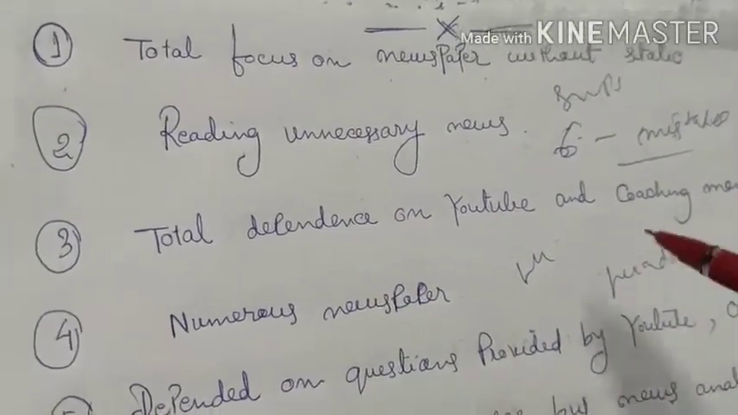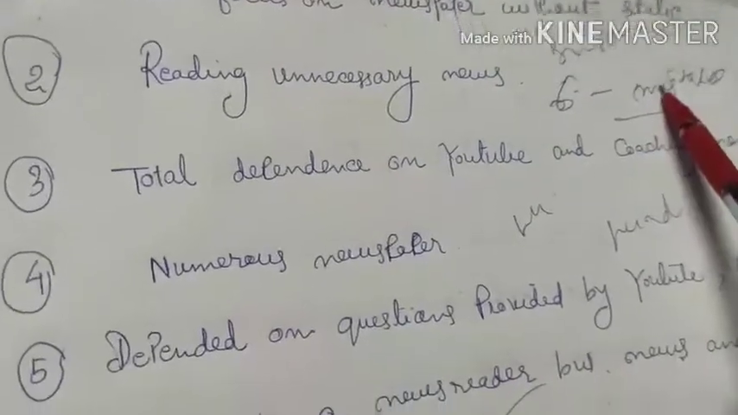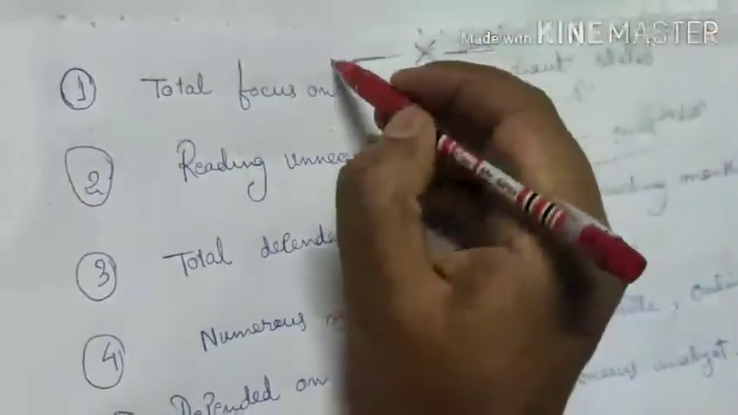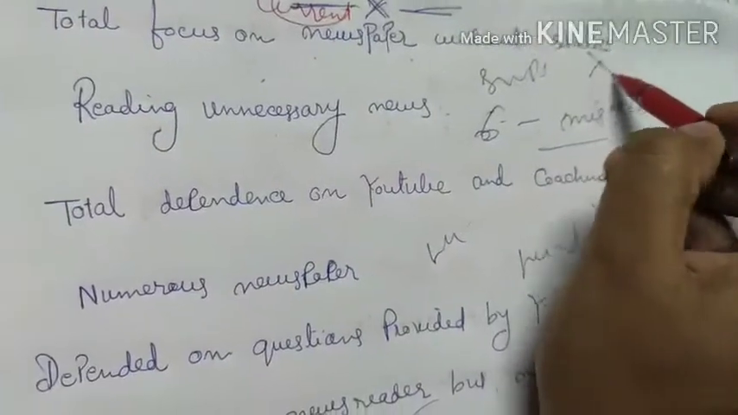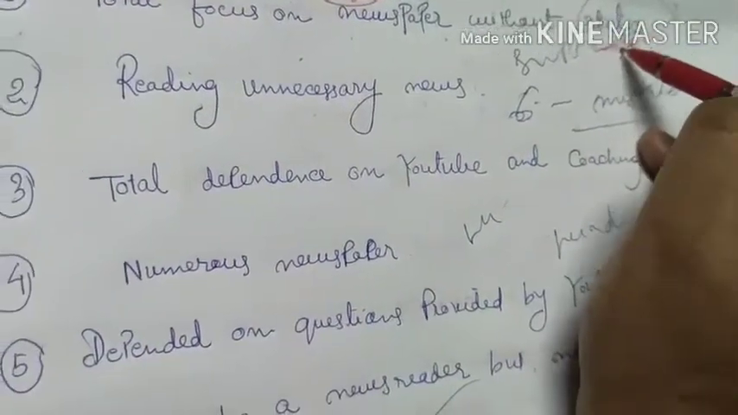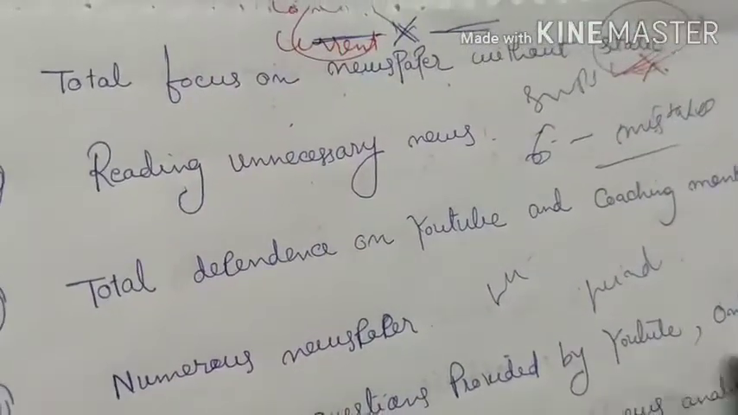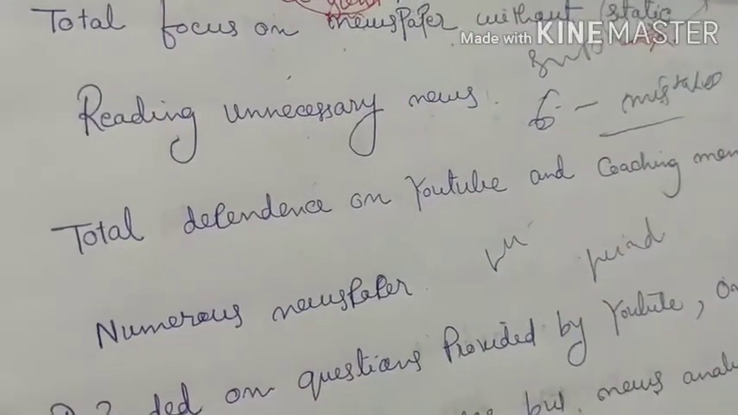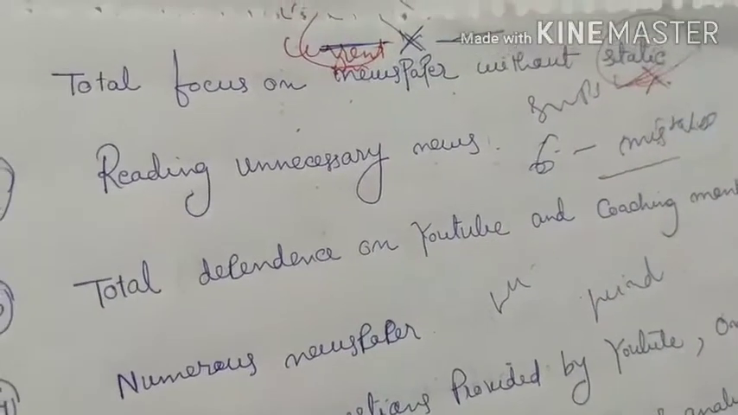The first mistake aspirants often make is focusing totally on the newspaper without static. The mistake here is that they give all the importance to the current part and never focus appropriately on the static part. Forgetting everything from the course, giving too much concentration on current affairs is not good. Giving importance to static is equally important as giving emphasis to current affairs, because without static there is no